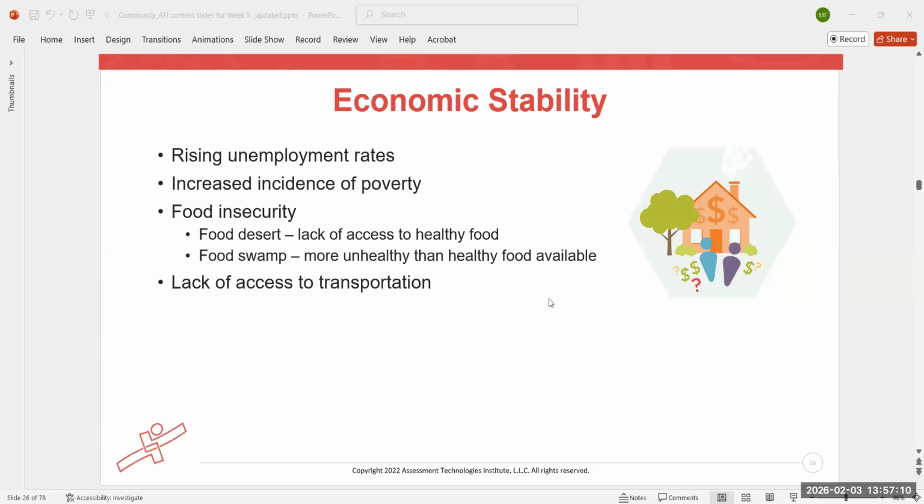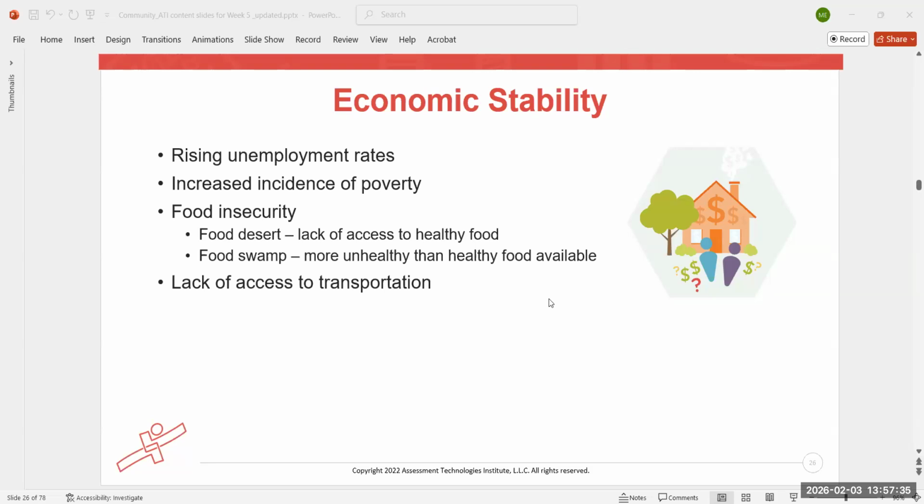Extreme poverty can lead to inadequate housing. It can also increase the risk of homelessness. And then if you have an individual who finds himself homeless, if they don't have a regular place to stay, a residence to stay,